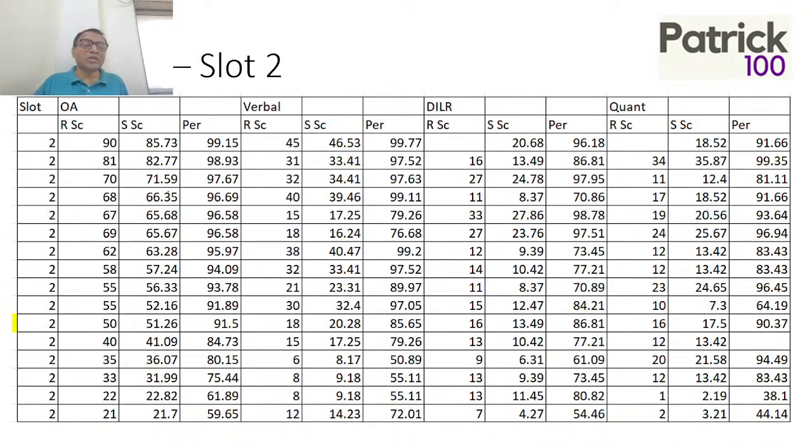Okay, so these are the marks for CAT 22. If you look at CAT 22, there was a small scaling that happened. At 21 marks, it went to 21.7 overall scaling. 22 marks, it went to 22.82. At 70 marks, it went to 71.59, and so on. So there was a small scaling. Okay, this could be an error. I have to check what this could be, but yes, it is possible that the scaling is down because of fewer marks in Cont and more marks in verbal, but that we'll have to check. But yeah, this is a rough estimate of these scores.